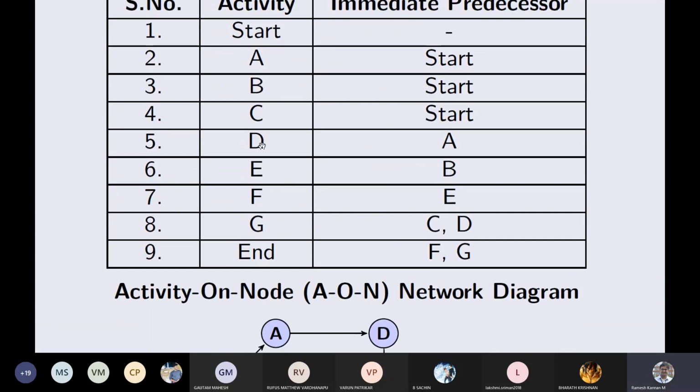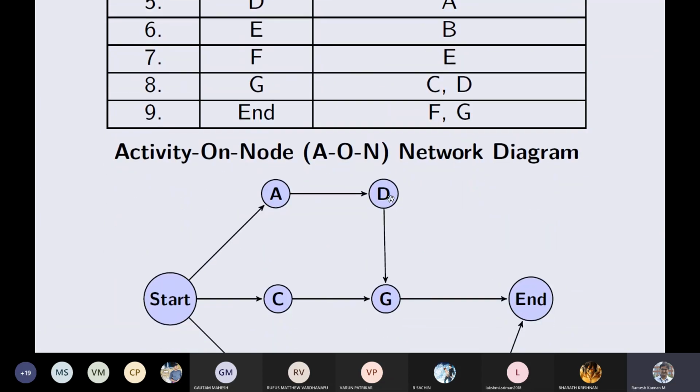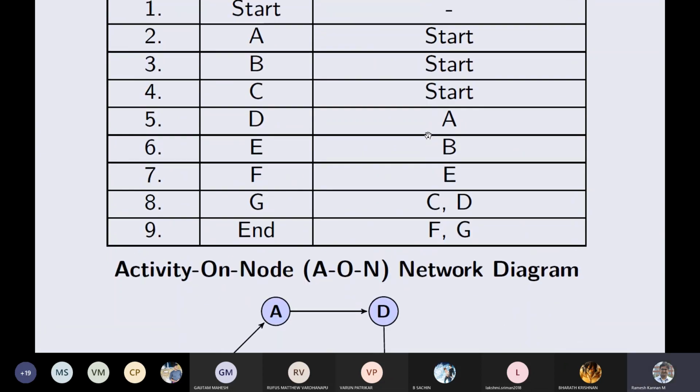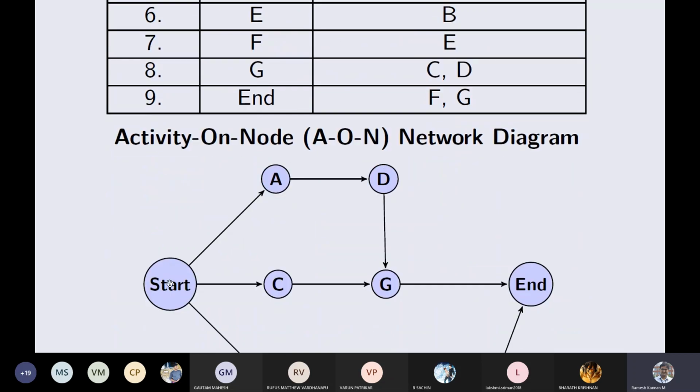Then comes activity D. Activity D depends on activity A, which means that activity D should follow activity A, which is invariably after start. So this is an immediate predecessor. But if you want to take the predecessors of D, they are start and A. It is not start and C, because C cannot be a predecessor of D. C cannot be a predecessor of D because it is the other way around, right?